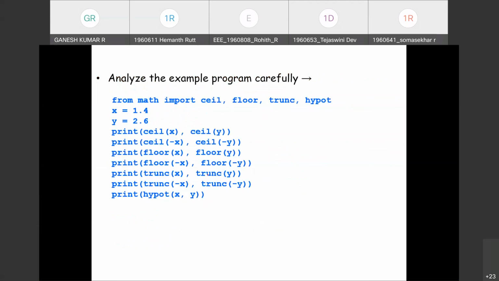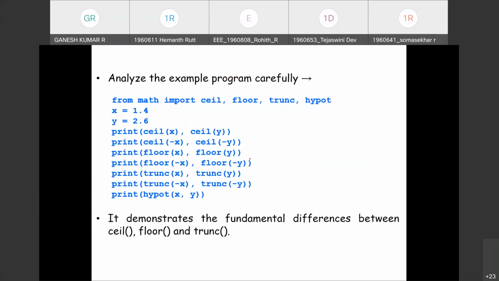Next, moving on. These were a few exercises we have checked now. With this, we will be able to understand the differences between ceil, floor, and trunc. Ceil returns the nearest greater value. Floor, the nearest lesser integer. Please note it returns only integers. Right?